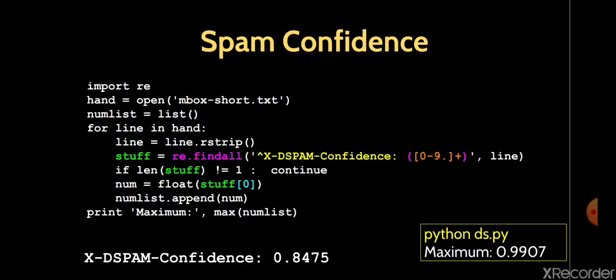So thereby you can extract all the float numbers. The extracted value will be in the string data type, so you need to convert it to float. Then you can make use of it to add it to a list, or find the maximum of the list, or find an average, find a total. You can do anything you want on the float number once it is converted from string to float.